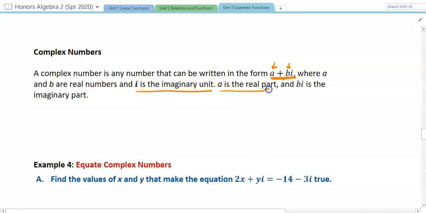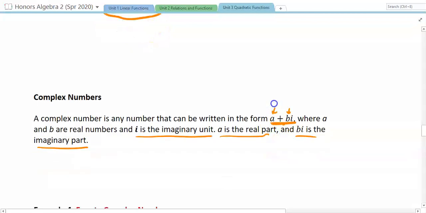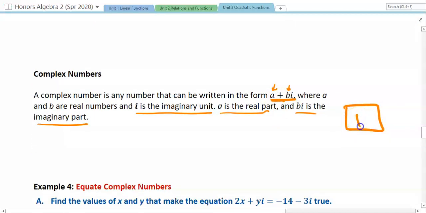And so a is the real part of a complex number, and bi is the imaginary part. We just saw a moment ago we got an answer of 5i. Well, that's an imaginary number. It's 5 times i. But now we're going to look at numbers that combine, coming back to our little box. We had our real numbers over here, we had our imaginary numbers over here. Now we're going to be putting a plus sign between them. I've got a real part coming out of here and an imaginary part coming out of here,